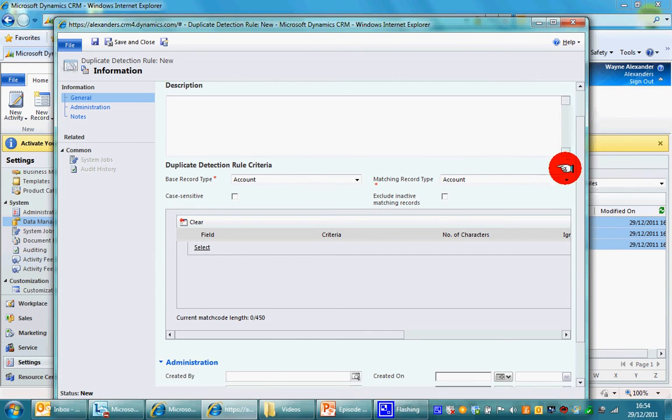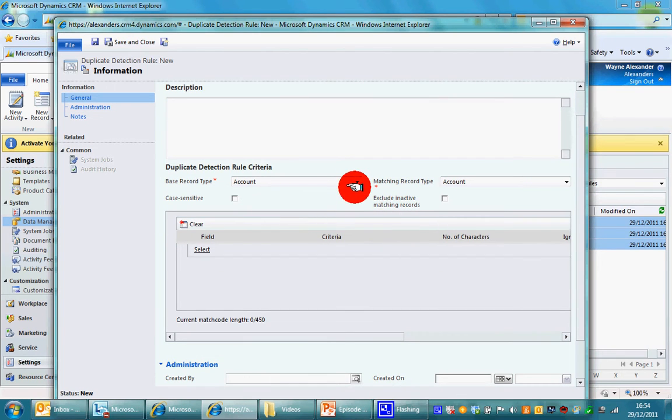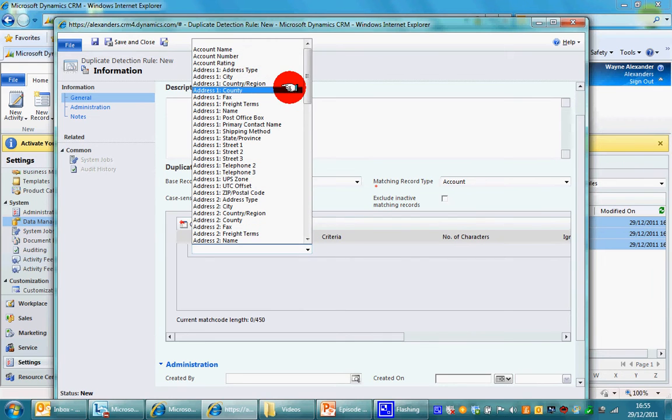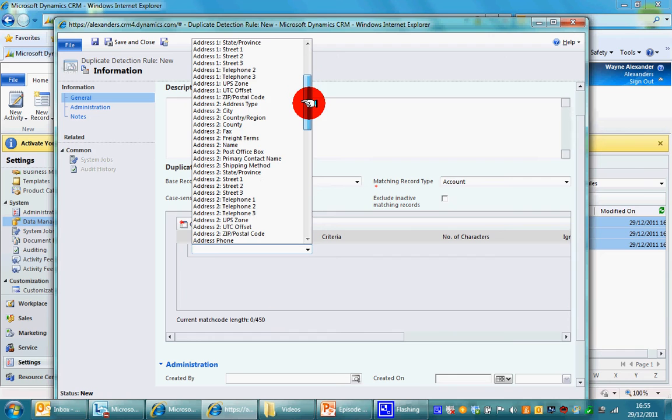So we've told the system the name of the duplicate detection rule and the record type for which the duplicates will occur. Lastly, we just need to tell the system what field it needs to look at to determine whether the record is a duplicate or not. And I'm just going to hover my mouse over select, and when I click on the drop down, it will show me every single field in the account record. I'm going to go ahead